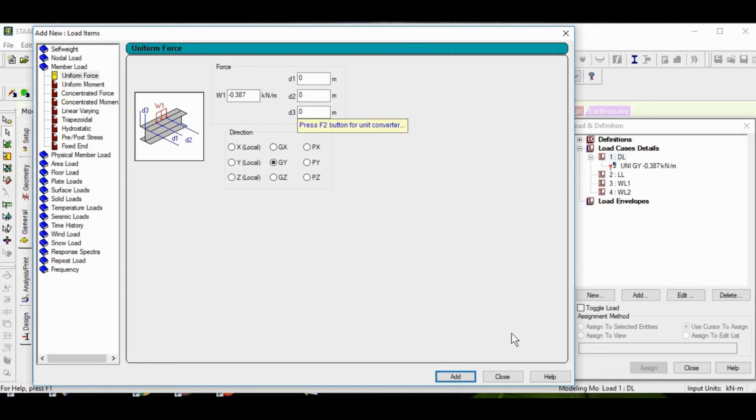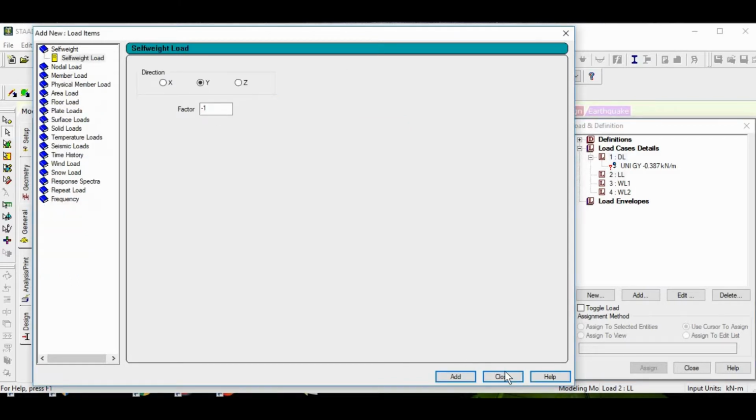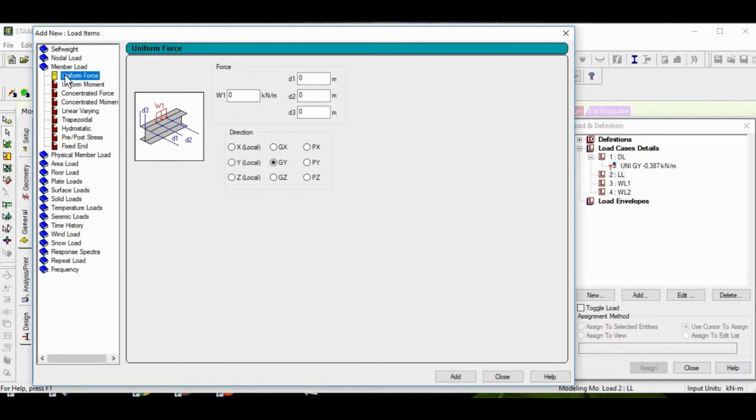We now go to live load. Okay, so click ko ito, na blue na yan ngayon, that means ito ang active na load case. And then, we go again to member load. Ito po. And then, you click uniform force sa W1. Ang lalagay natin ay negative